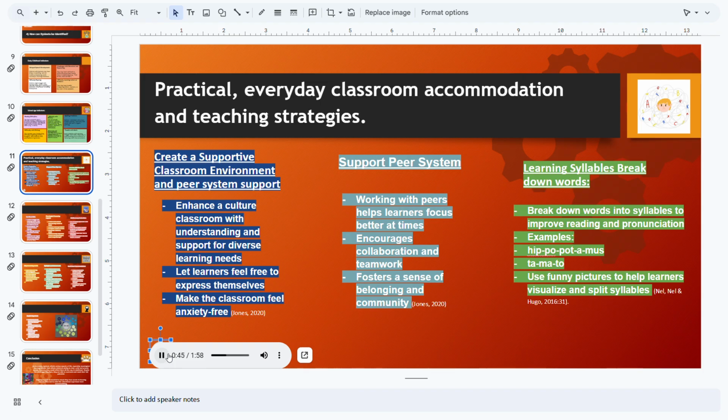Enhance a classroom culture of understanding and support for all diverse learning needs. Let the learners feel free to express themselves and make it anxiety free for them. Work with their peers, who will help them focus better at times. With the peer support system, learners actually encourage and collaborate, they build up their teamwork, and they start